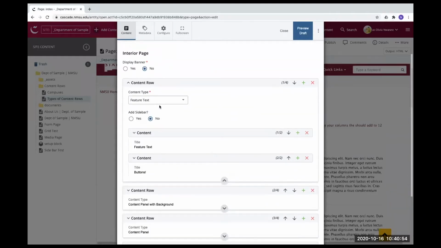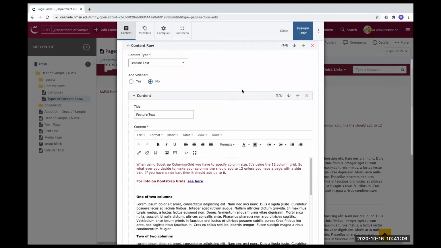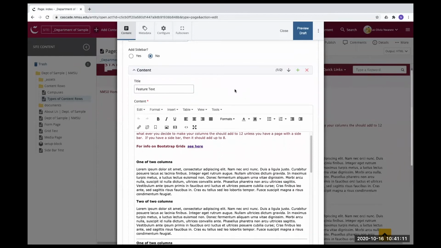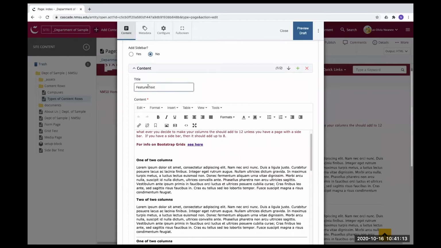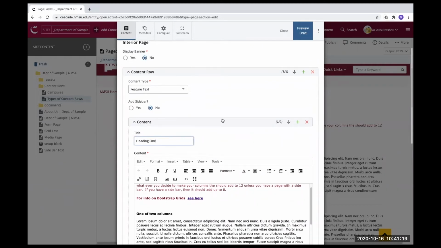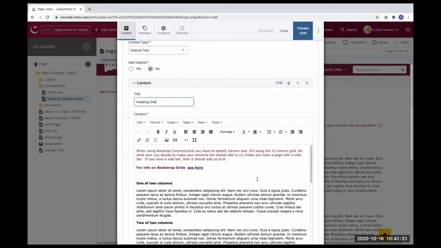So in the feature text, you're given the option to add a sidebar, and it's just like a little sidebar navigation. I opted for no, but we'll look into it later if you want. But right now, let's look at the content area that is unlocked with your feature text. Naturally, you want to put another type of heading. And here is where we have